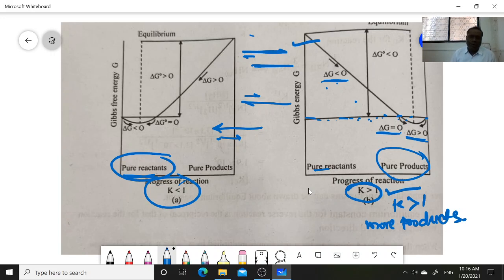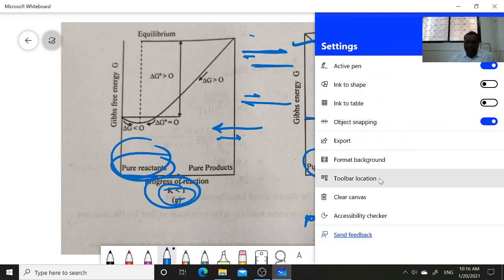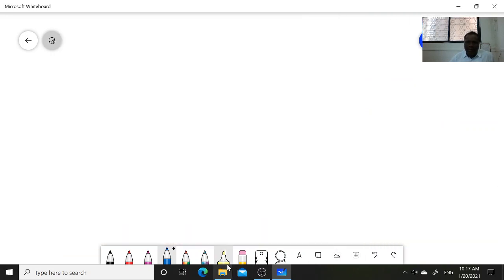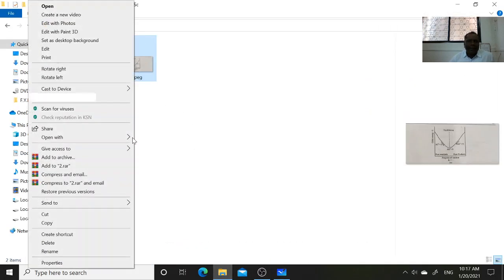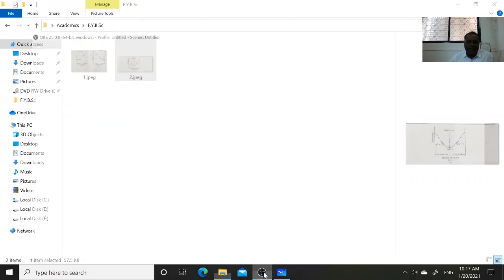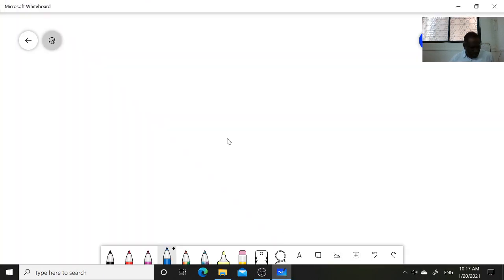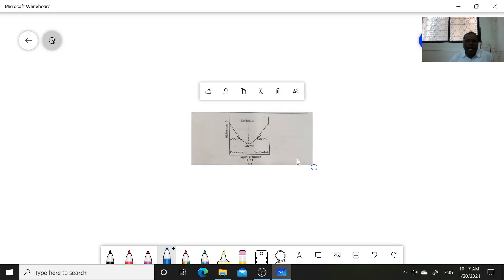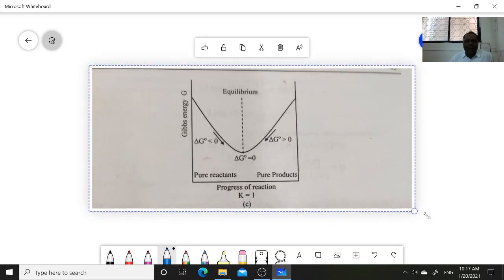Right? This is forward. When the K value is less than 1, more reactants are favorable. When the K value is greater than 1, more products are favorable. K is greater than 1. Remember that. When there is a dynamic equilibrium, when the concentrations of products as well as reactants are equal,